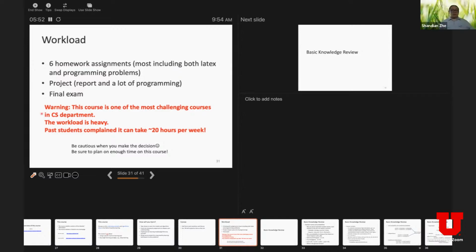The workload is heavy. Some past students complained that it can take about 20 hours per week. I don't want to scare you. This is some single point, some outliers. Question? Would you say that, on average, it'll take 20 hours a week, or is it like